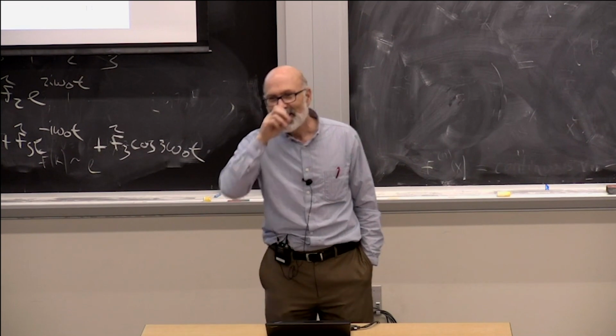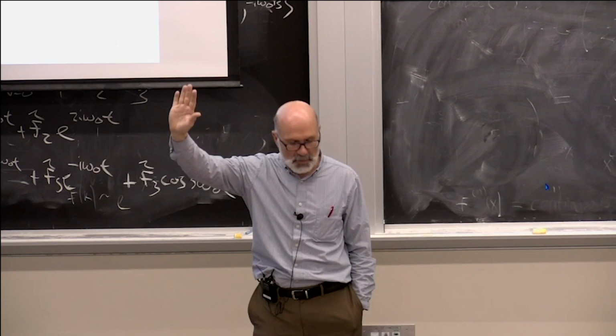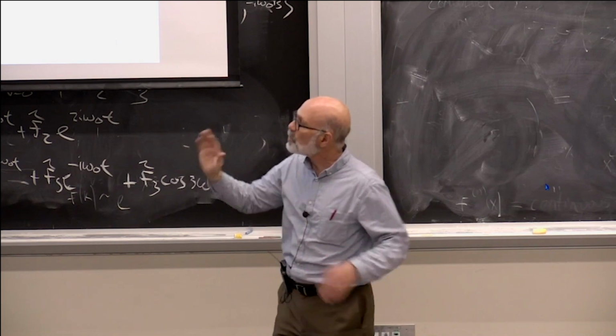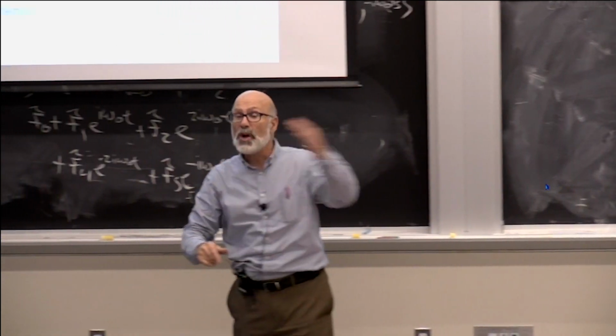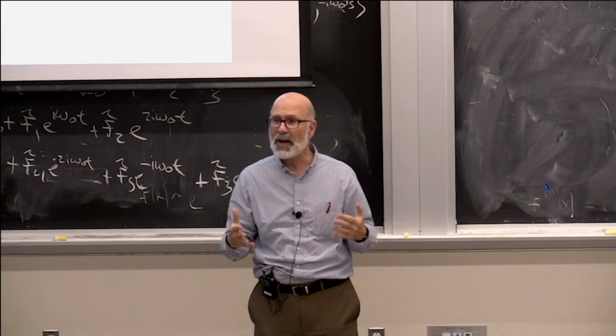All right. Okay, how do we do detection? Technically, to detect a bus, it's almost trivial. There are so many different ways to do it. I'll say something about technologies, but where do we want to detect the bus? We want to have a check-in detector, so the bus reports in: hello, I'm a bus, can you give me priority? And there's a trade-off. The sooner we know, the better, because then we can prepare for it and get that light to be red.